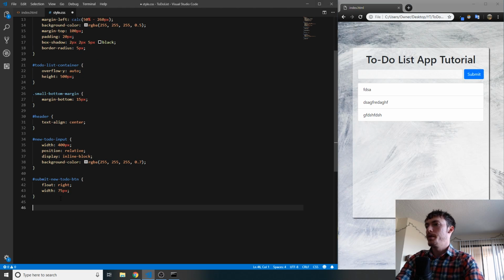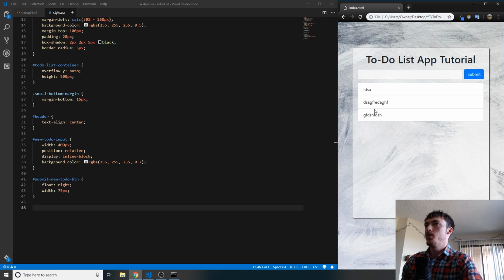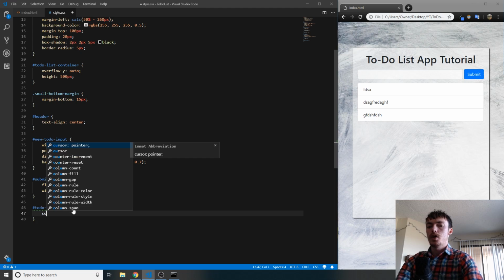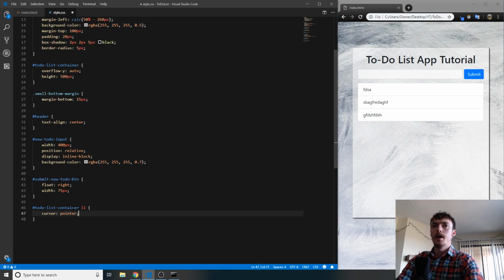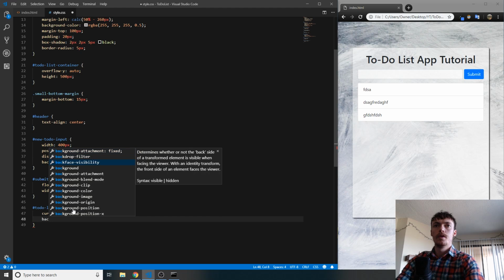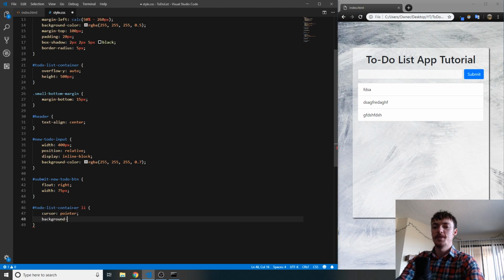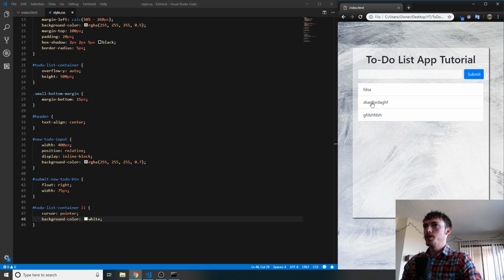Cool. All right. So one thing that I want to make sure that we do is whenever we hover over these list items, it's not very obvious you can click them. So let's make it more obvious that we can click those things, that they're supposed to be clicked. So to-do list container, and then let's reference any LIs that might be inside of it. And let's say cursor pointer, and let's just set the background color to white. So when I refresh it, now we have a pointer, so it's more obvious you can click it,